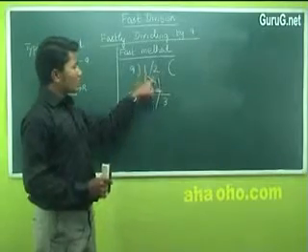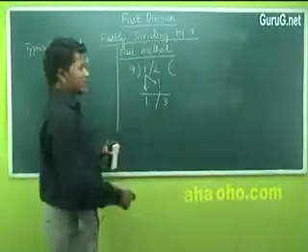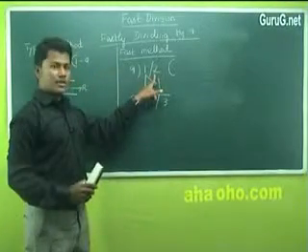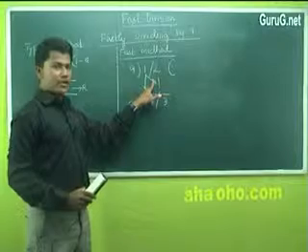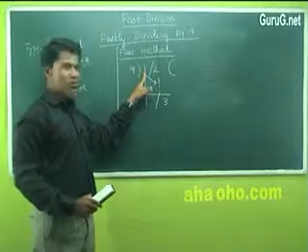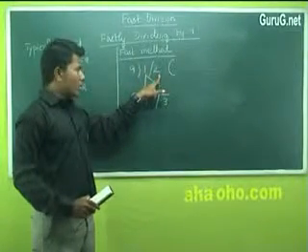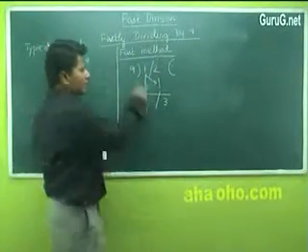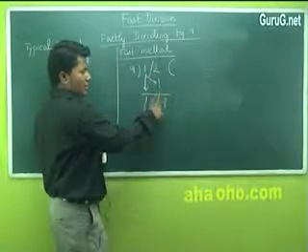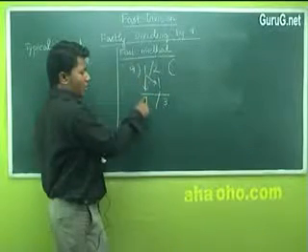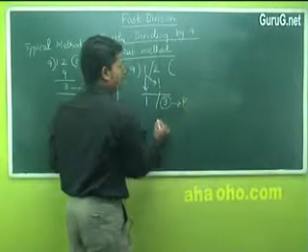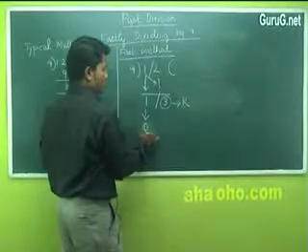So how to divide 12 by 9 using the fast method: find the number at the units place. 2 is the number at the units place. Place a bar after that. Now find the numbers before it. Here there is only one number before the ones place, that is 1. Bring the number 1 down to the ones position, add these two numbers, place the bar, bring this number down. So this is your remainder and this is your quotient.